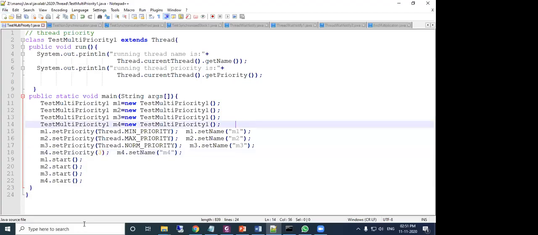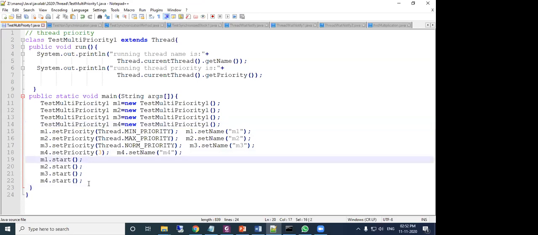Now in this program, M2 has the highest priority set. Then the lowest priority is M1. Then the normal priority is M3. Then M4 has the custom priority. So M1, M2, M3, M4.